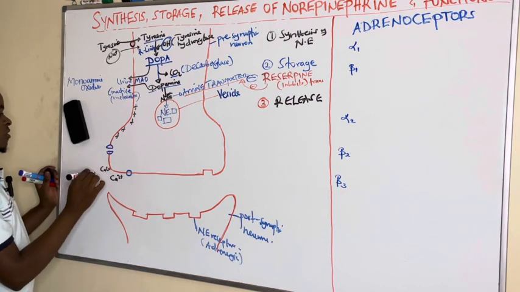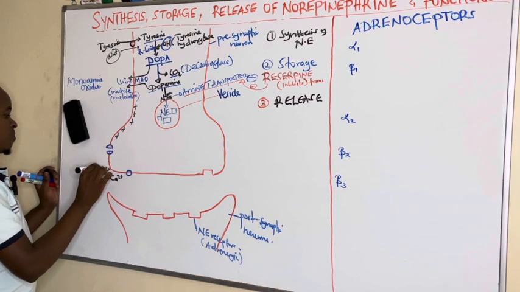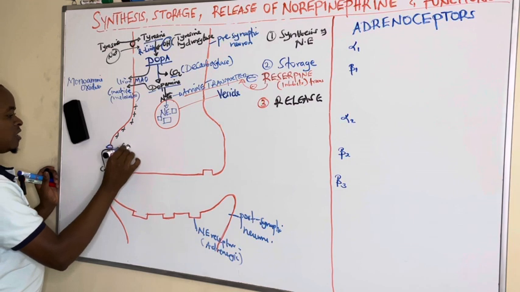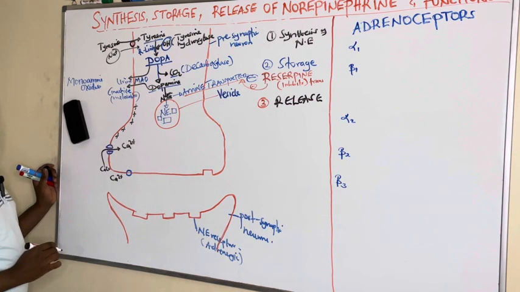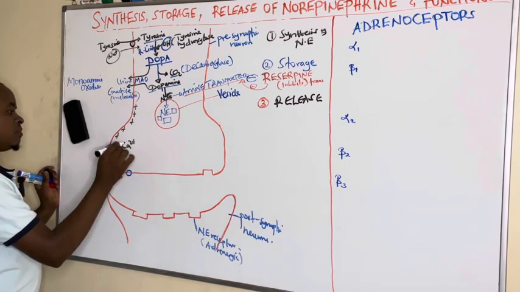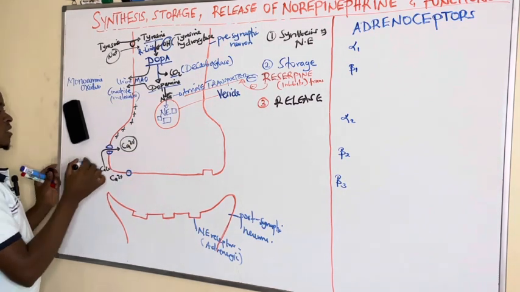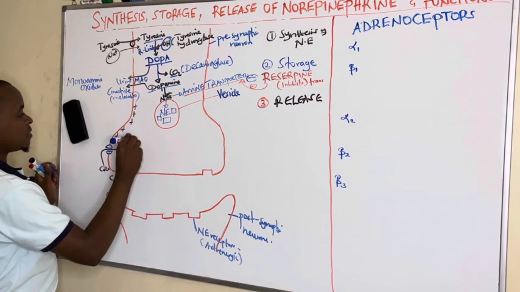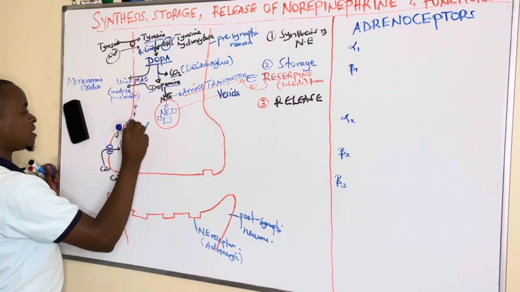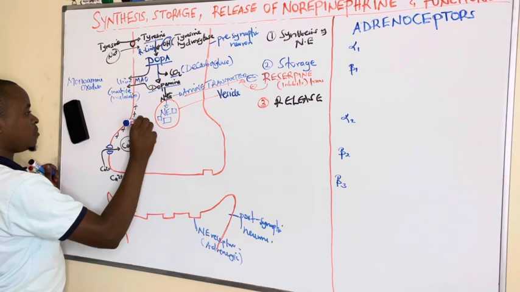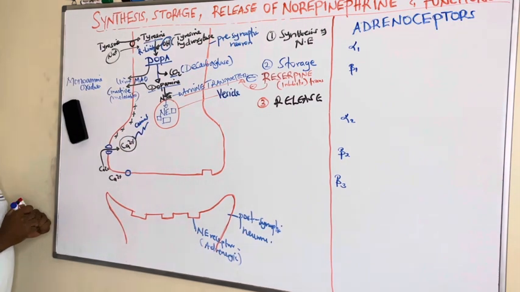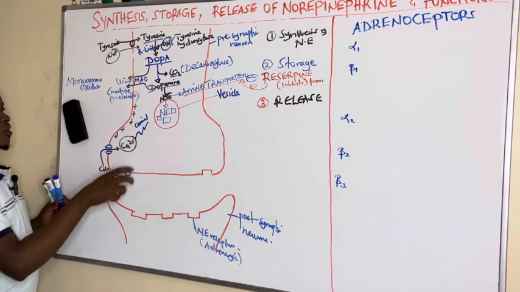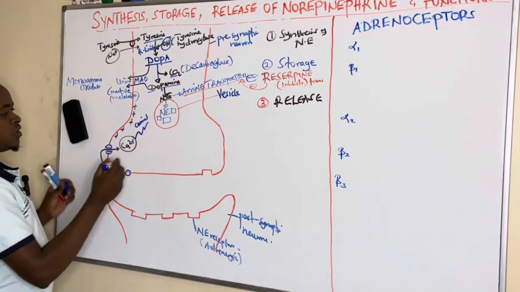This opening enables entry of calcium into the presynaptic neuron. When calcium enters into the presynaptic neuron, it creates an electric current, and the entry of calcium ions causes contractions,